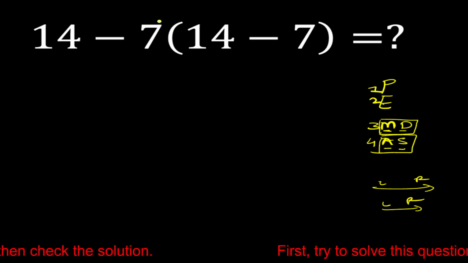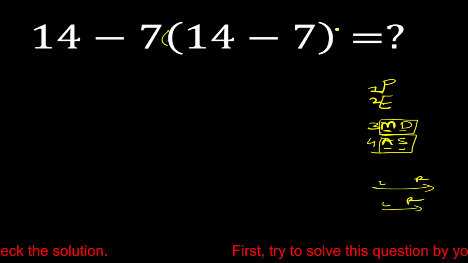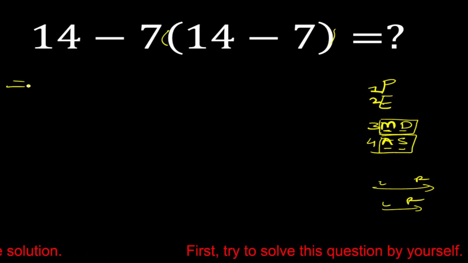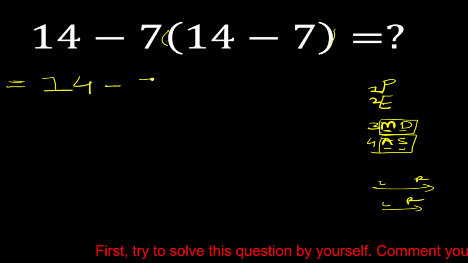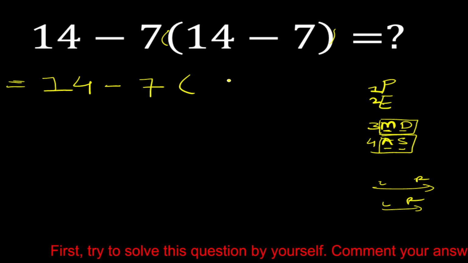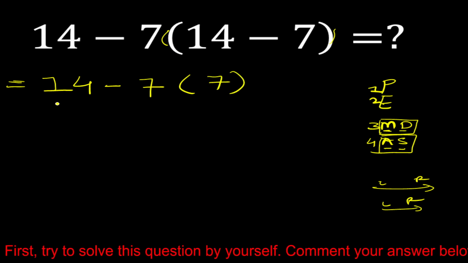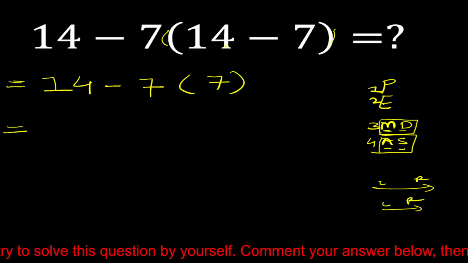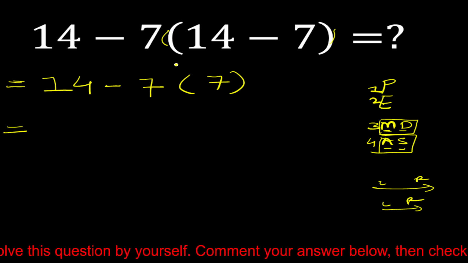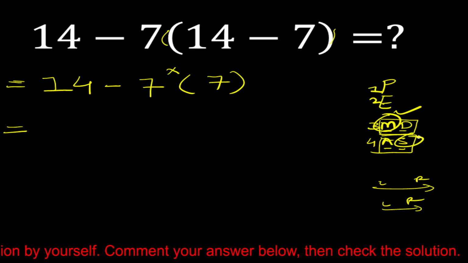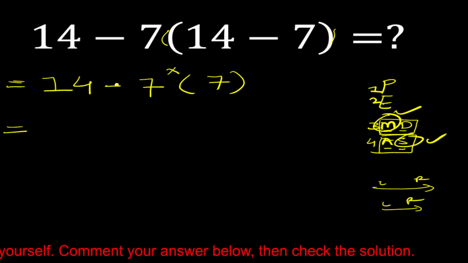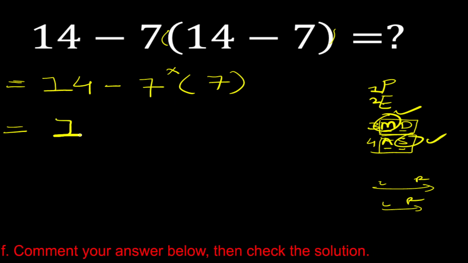Okay. So according to PEMDAS, first we have to solve this parenthesis, which is 14 minus 7. Now 14 minus 7 is equal to 7. So now here is multiplication. So multiplication comes first before subtraction. Okay. So first we have to solve multiplication. So it is equal to 14